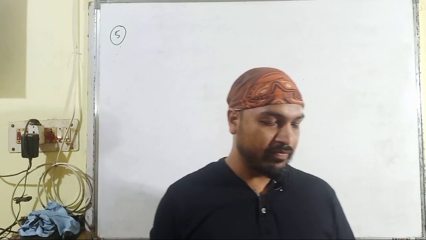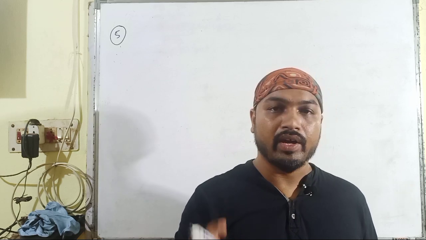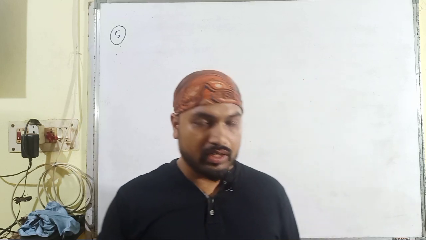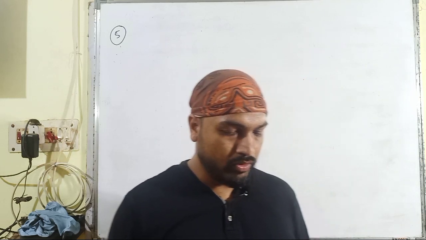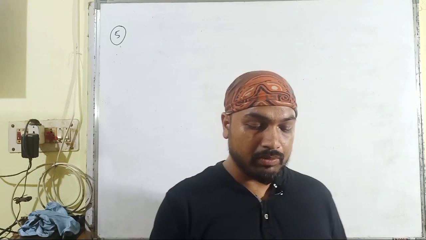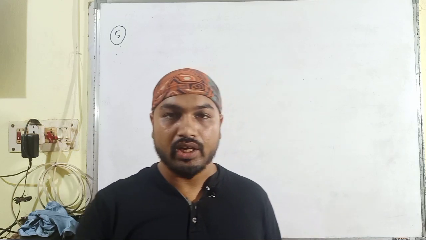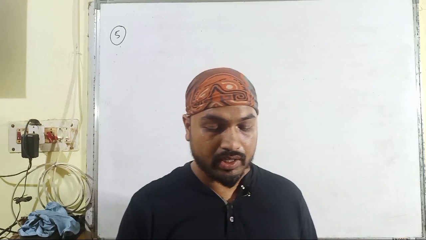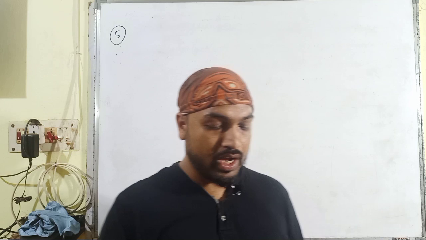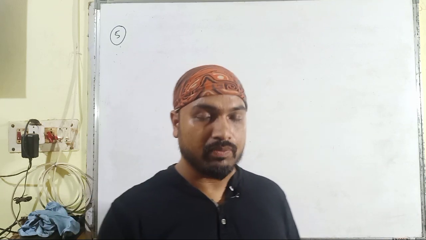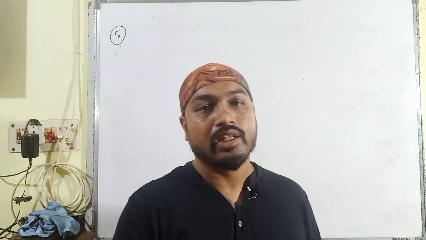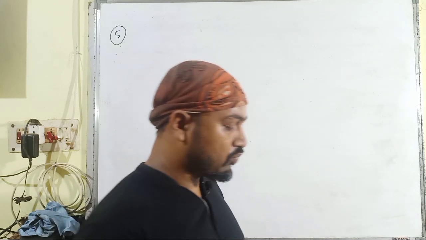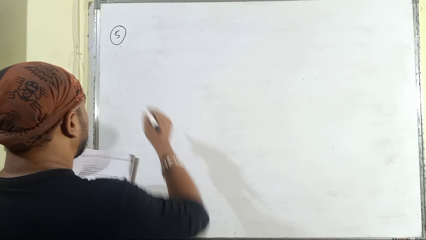So here it is the problem number 5, and in this problem number 5 bits are there, and in every bit 2 matrices A and B are given to you, and here we have to find out A plus B, B plus A, A minus B, B minus A, and then at last we have to verify that A plus B is equal to B plus A and B minus A is equal to minus multiplied with A minus B. So let us solve one of them, and then the rest of the 4 will be task for you. So let us solve the second bit.